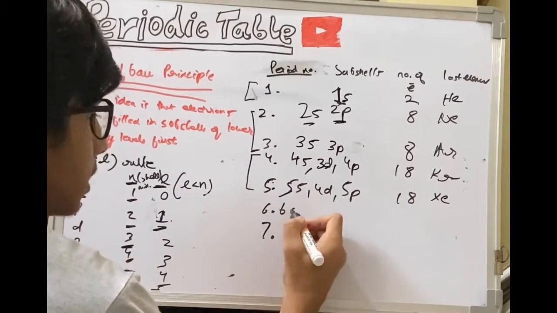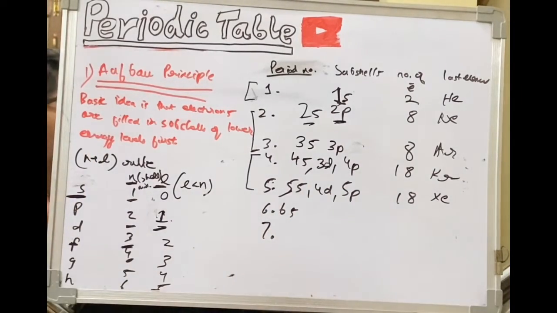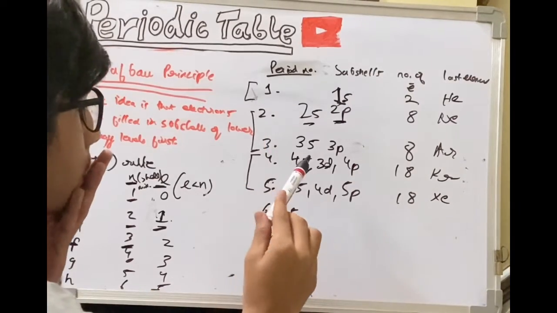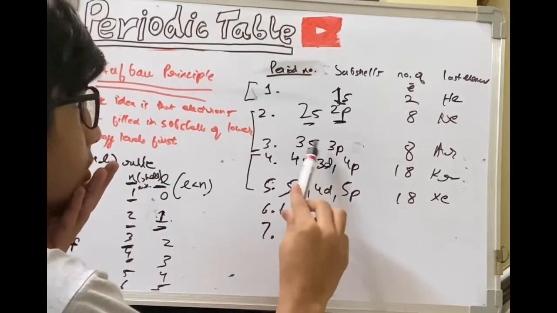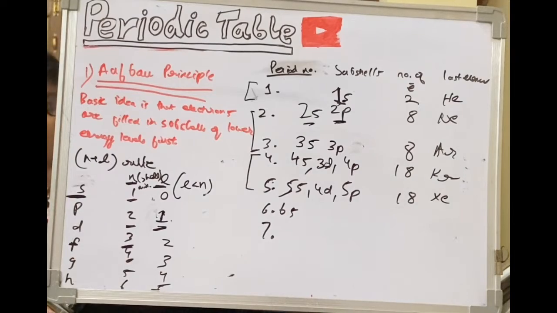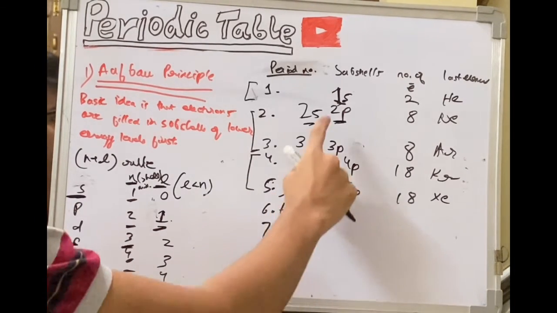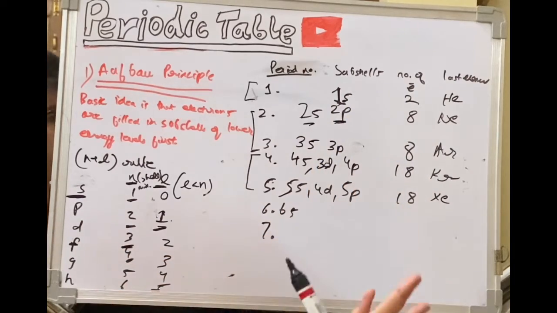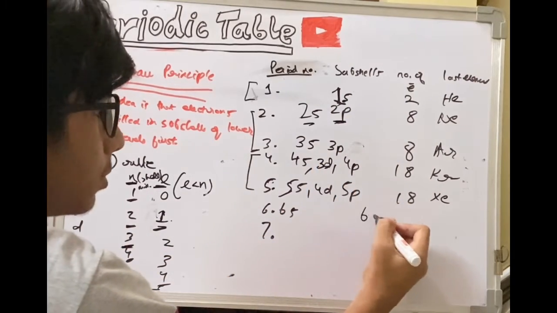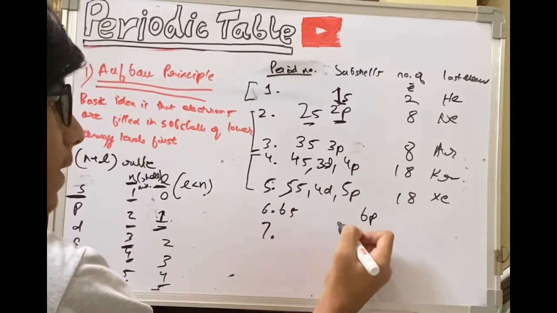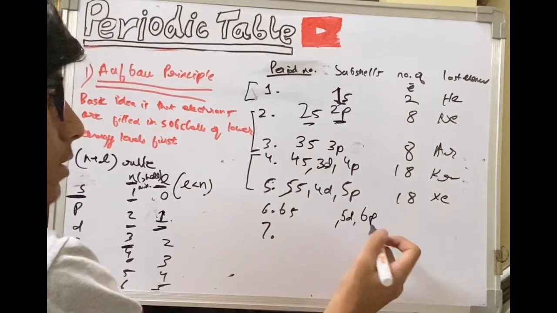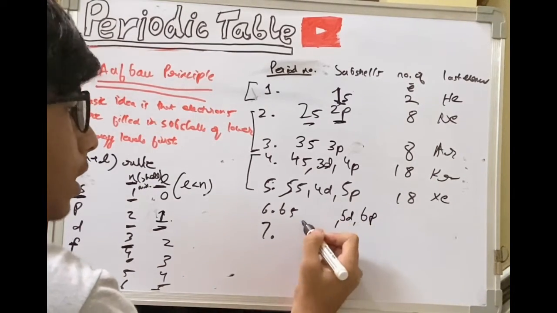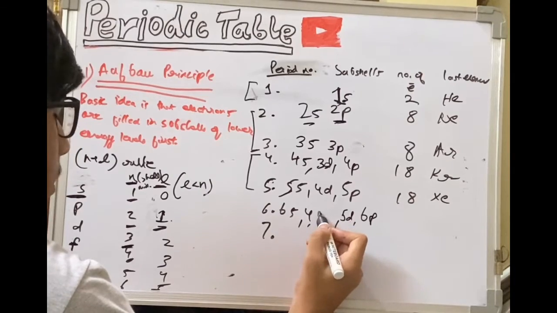So it will be 6s. Now as we know, the number of subshells is increasing by 1 if you jump from one shell to another. So there will be 4 over here, right? 1, 2, 3, 4. So it will be 6s. We'll write 6p over here first, and then there will be 5d, as we discussed, it is depreciating by 1, and then it will be 4f.